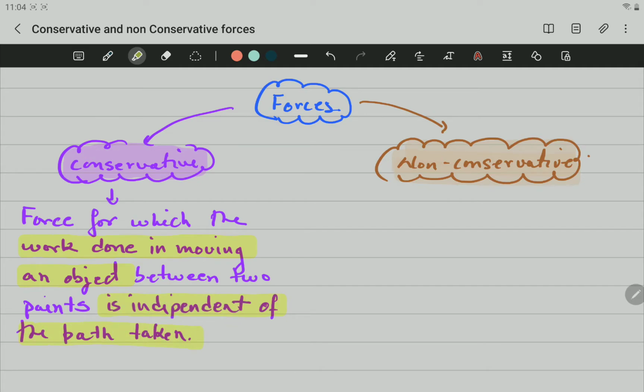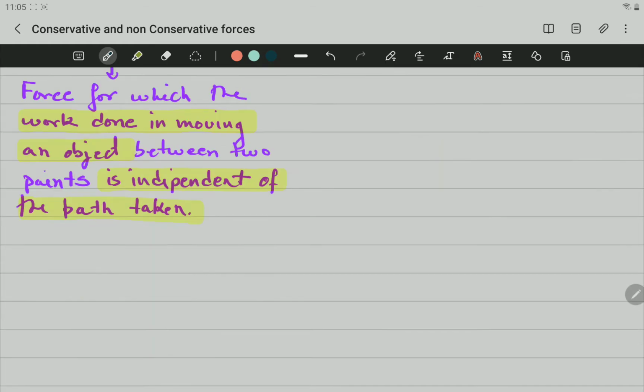So the force that when moving an object, the work done by that force does not depend on the path taken is going to be called a conservative force. It's any force for which the work done in moving an object between 2 points is independent on the path taken. And some examples are gravitational force,